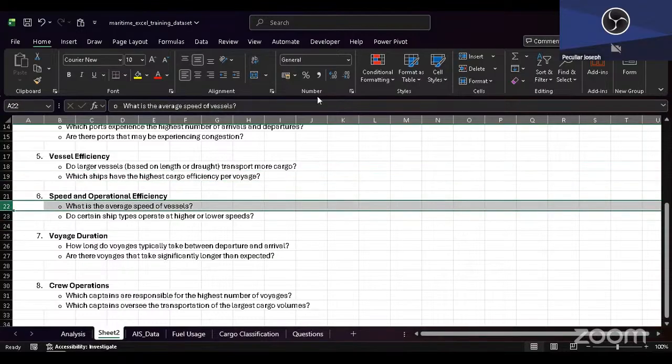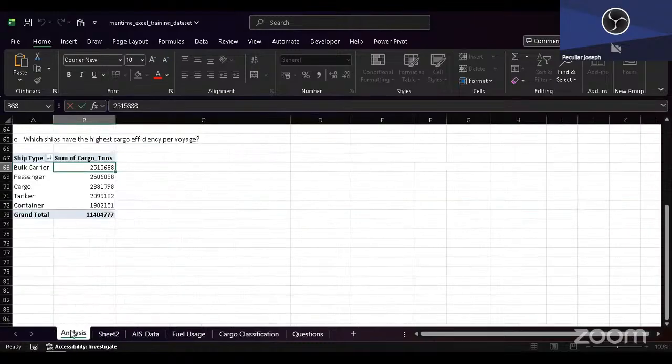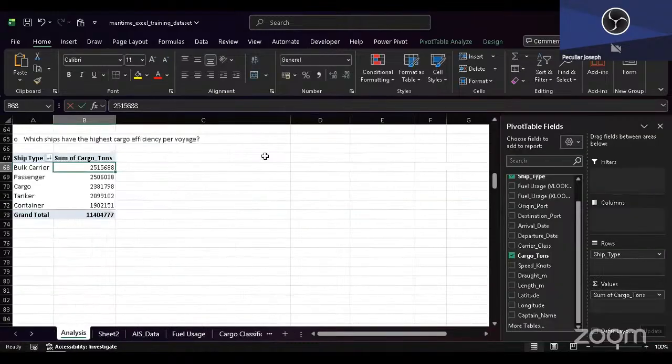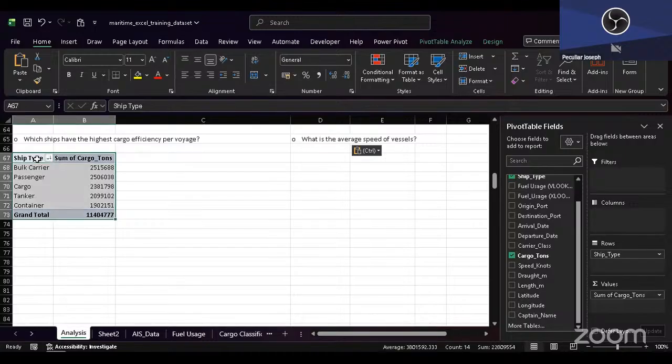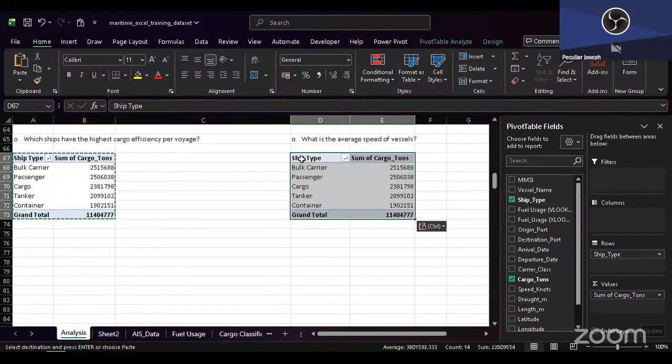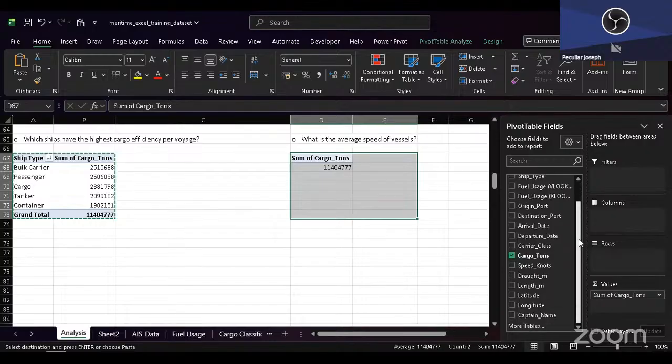So let me copy this question also. Control A, Control C. Going to come down here, then paste the questions here. Average speed vessel. Copy my pivot table. Paste this here. So all I have to do is untick everything here, right? And then tick just